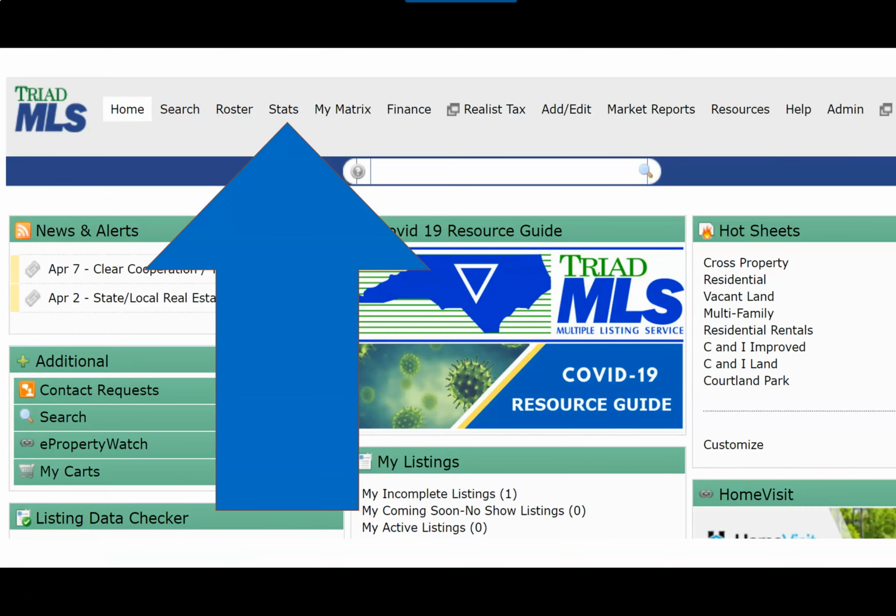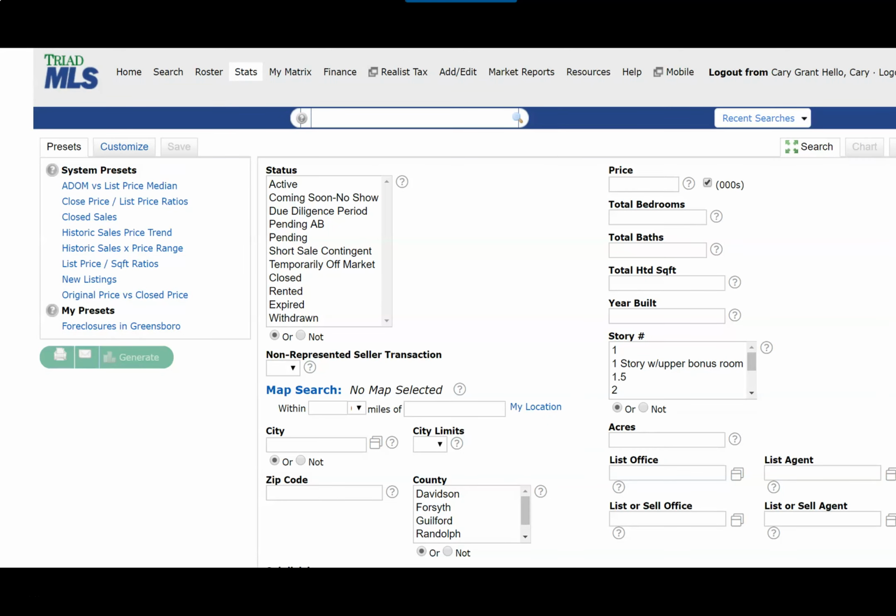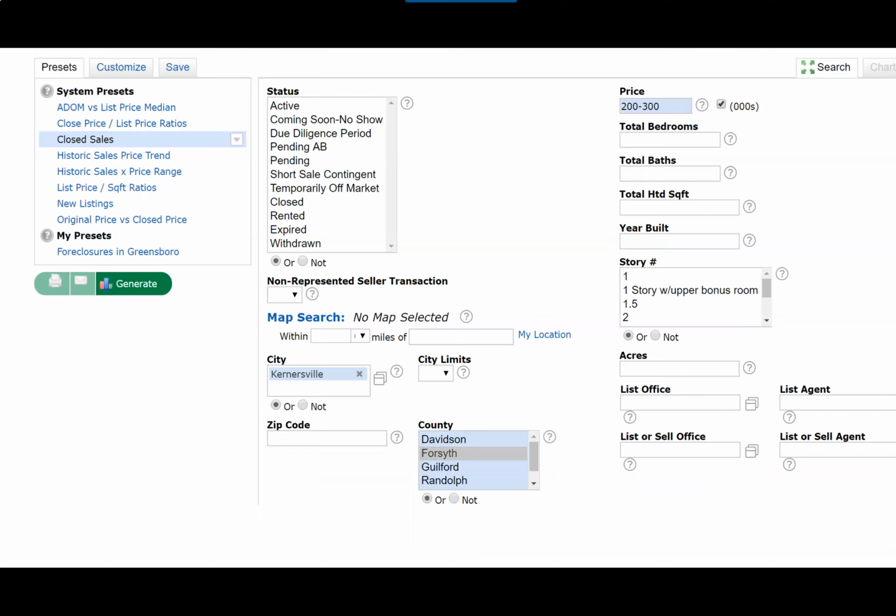Now let's talk about the matrix stats. Using the Stats tab on your matrix homepage, your screen will first open up to the presets. So the presets mean that the algorithms have already been built in. For example, if I were to select System Preset Closed Sales and then put in my search criteria, in this scenario 200 to 300,000, in the city of Kernersville, in Forsyth County, and then generate the report